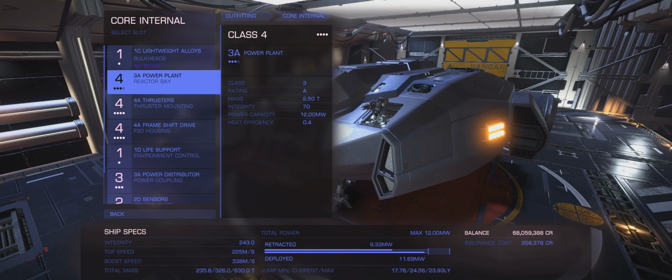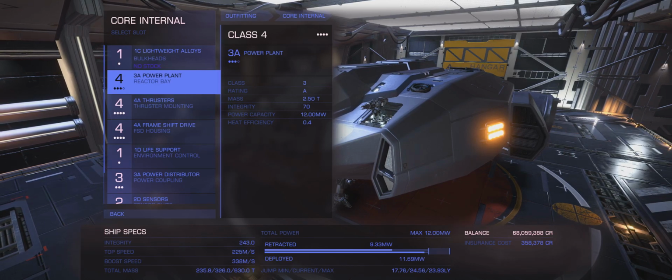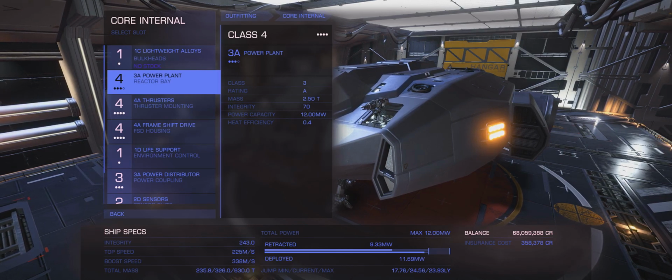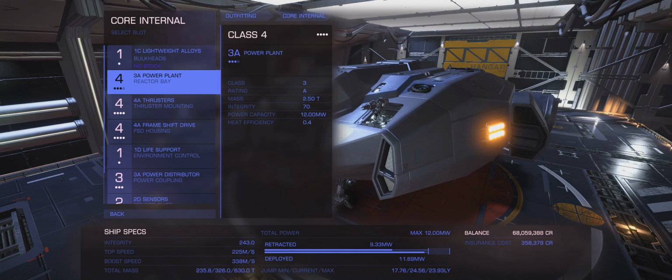So what we've had to do here is actually downgrade our power plant. Don't worry guys, this is totally okay to do as far as I'm aware, from all the information I've gathered in my research and just testing it out. There is absolutely no detriment at all to lowering the class of power plant as long as you have enough power to go around, and we absolutely do. So instead of a class 4 power plant, we're using a class 3